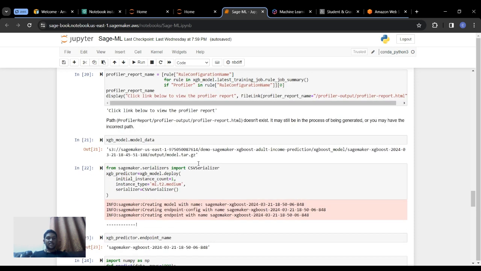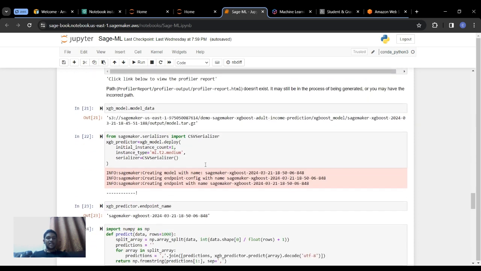Next, we are using the CSV serializer to serialize the data and store them into the medium instance